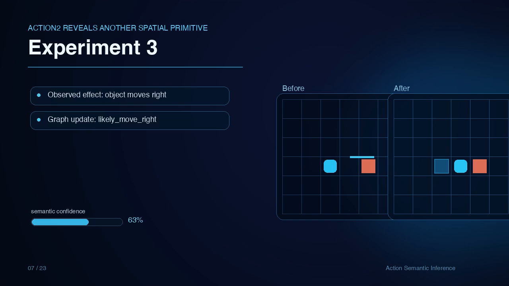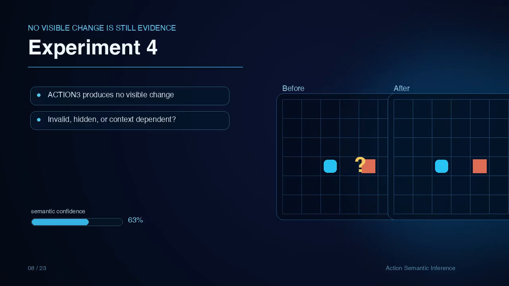When the agent moves near an obstacle and tries Action 3 again, the obstacle disappears. The action was not meaningless. It was conditional. Its semantics emerge only in the right environmental relation. This is crucial. ASRA must infer not only effects, but the contexts that activate those effects.